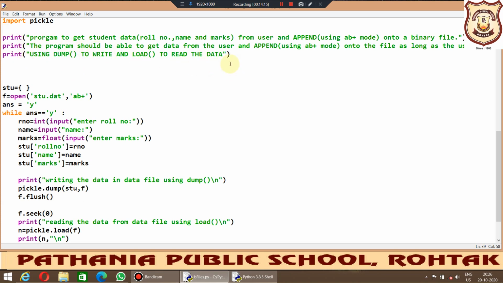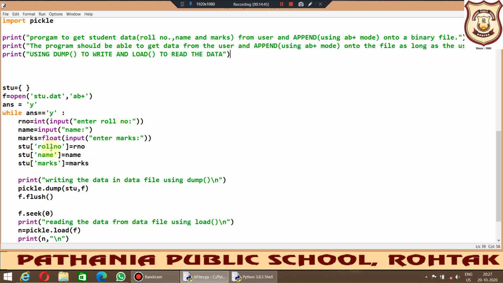Okay, so once the contents have been written in the data file, where is my pointer? In append mode, I told you it will be at the end of the file contents, but we want this pointer to move to the first position of the file. Why? Because we now need to read the contents of the file. If it tries reading at the end, there is nothing, so it can read nothing. But if the pointer reaches the beginning of the file and then starts reading, it will be able to read the contents.